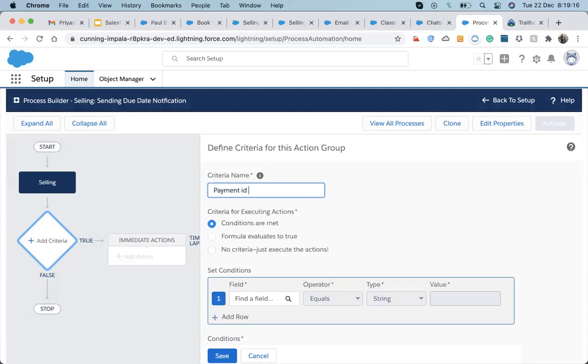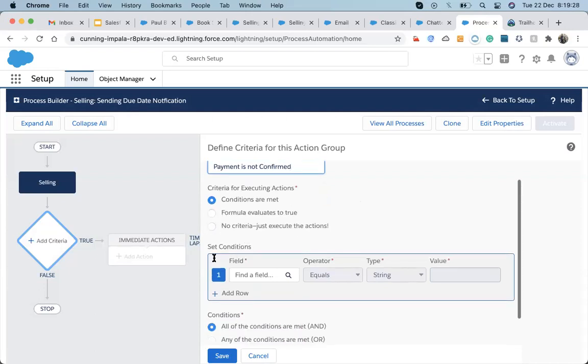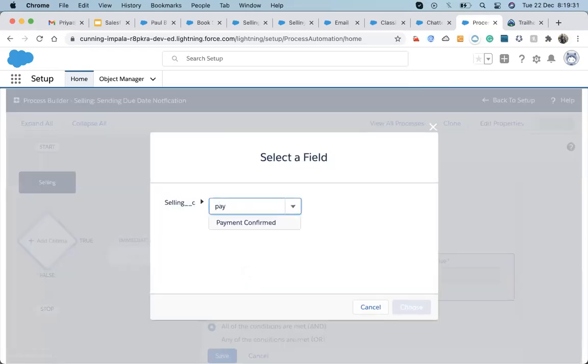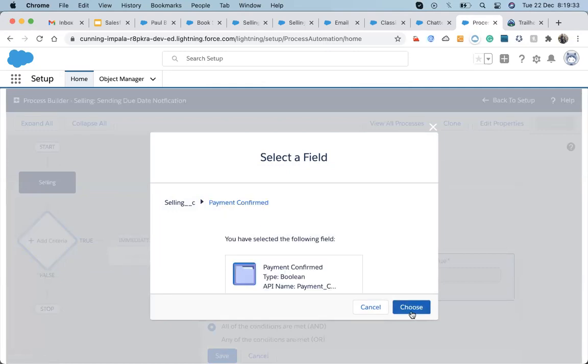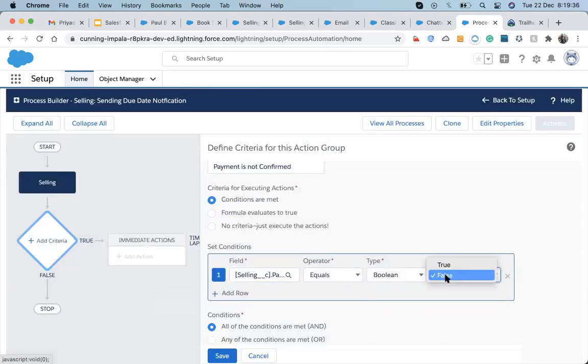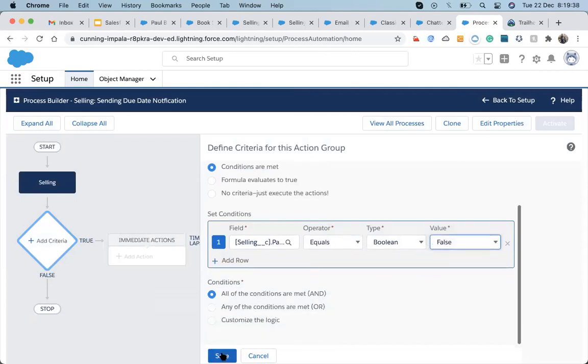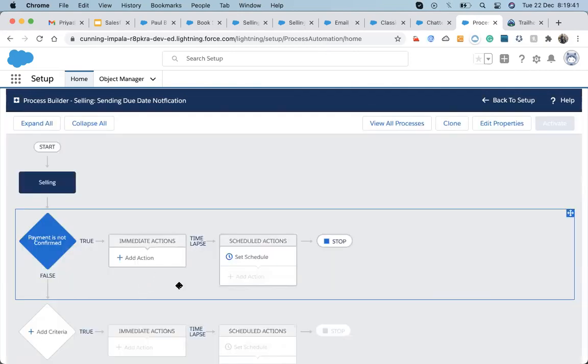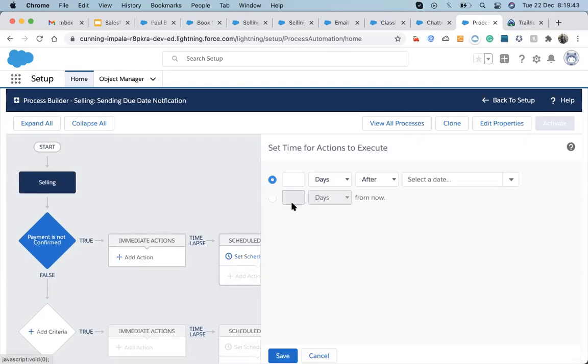Payment is not confirmed. I will choose this, equals false, and hit save. And what I will set in schedule is just 2 days before the due date.